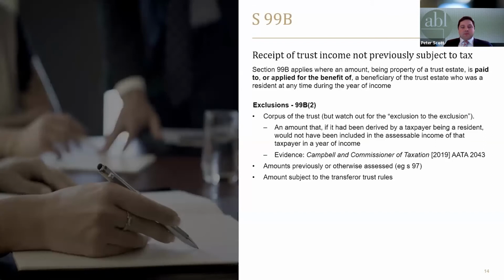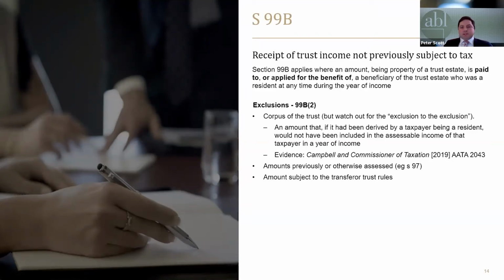So where an amount's drawn from corpus, as you'd expect, it shouldn't be subject to tax under 99B, but there is an exception to the exception, and that is where the amount distributed is derived by the trust, and if the trust had been a resident at the time it derived that amount, it would have been included in the assessable income of the trust. An example of where that exception might apply can be seen in the Howard decision, which